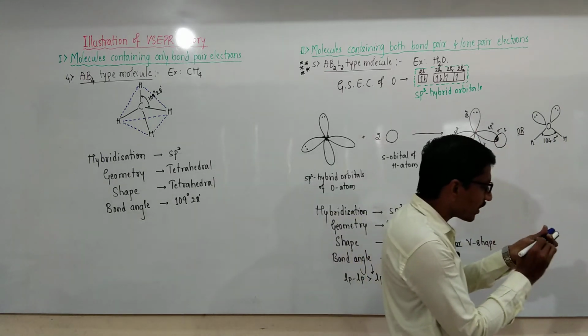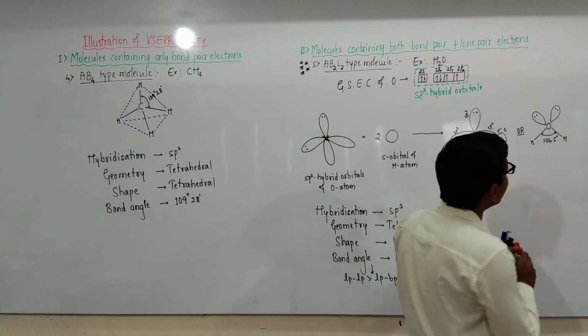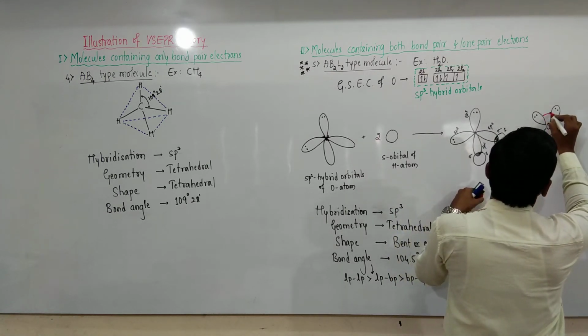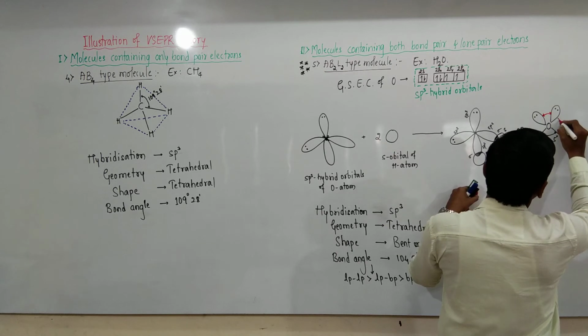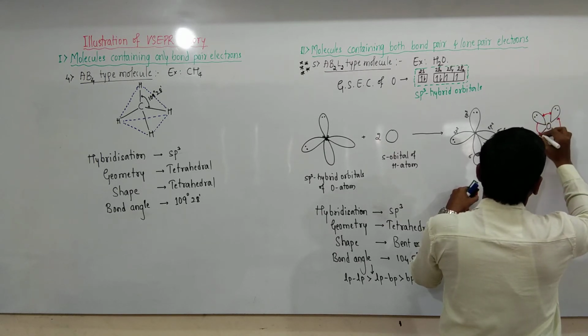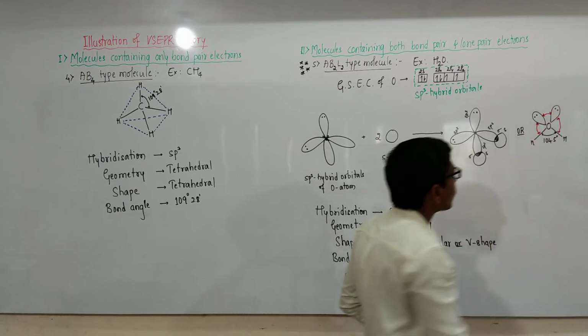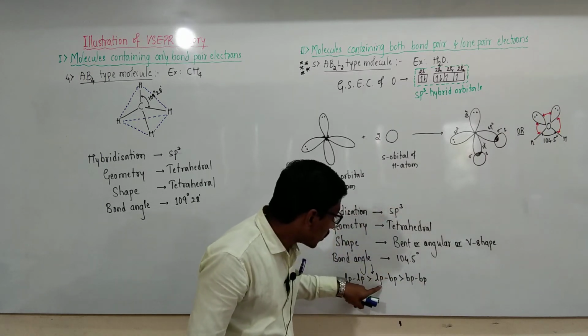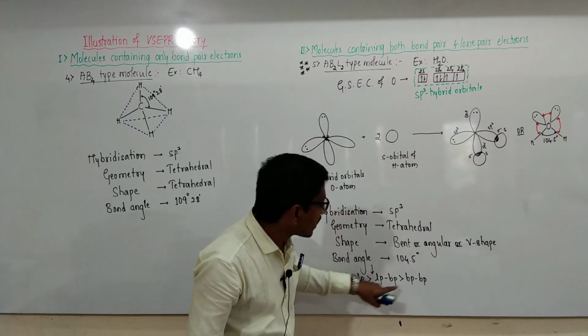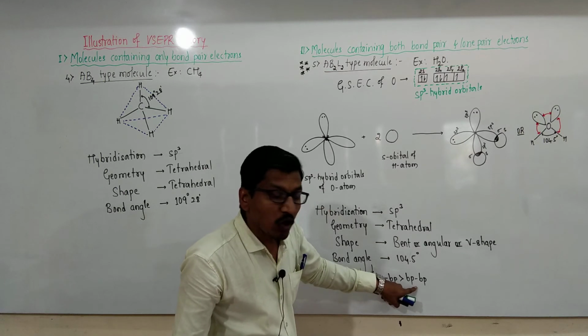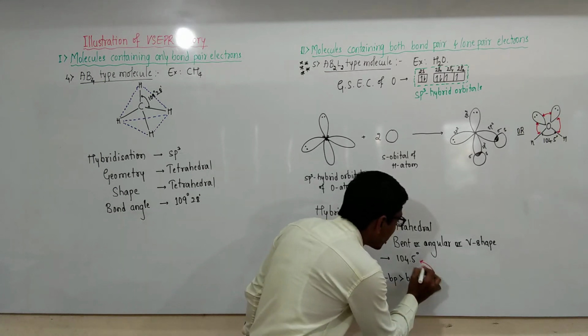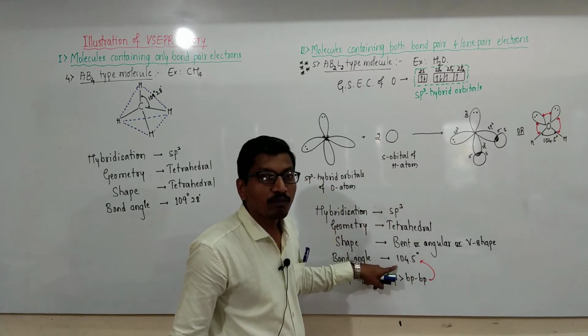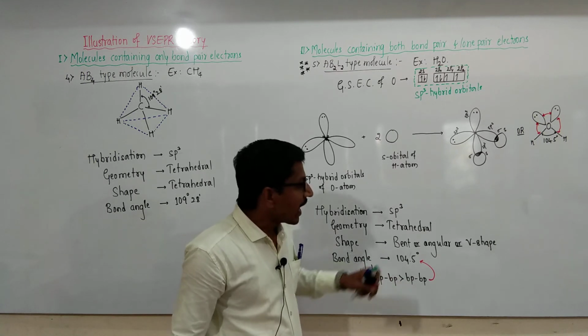Lone pair-lone pair repulsion is possible, and lone pair-bond pair repulsion is also possible. Here also repulsion, here also repulsion. Lone pair-lone pair repulsion is greater than lone pair-bond pair, and lone pair-bond pair repulsion is greater than bond pair-bond pair, that's why the bond angle reduces to 104.5 degrees, and the